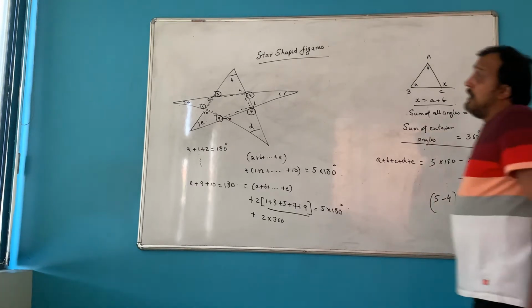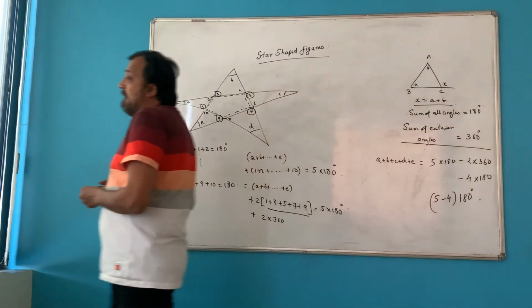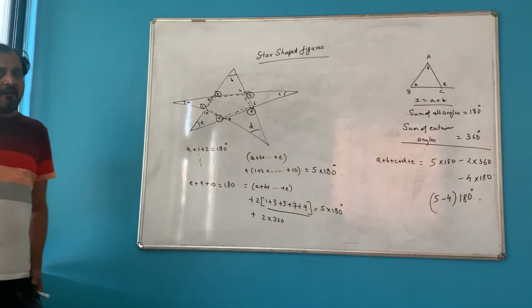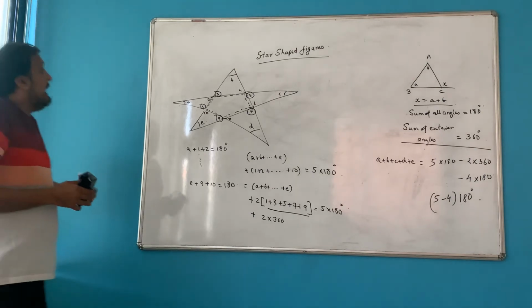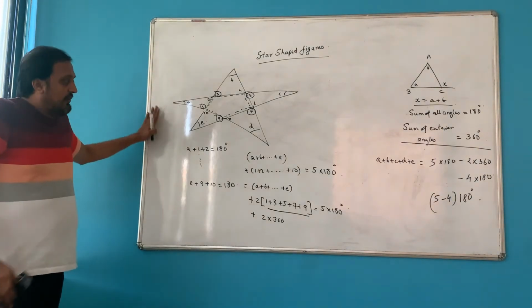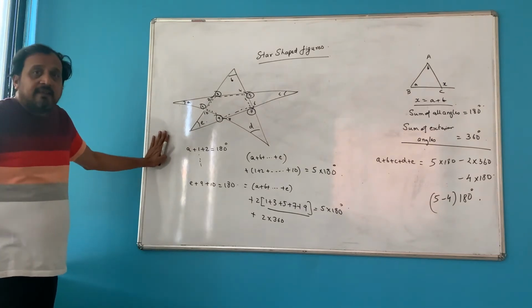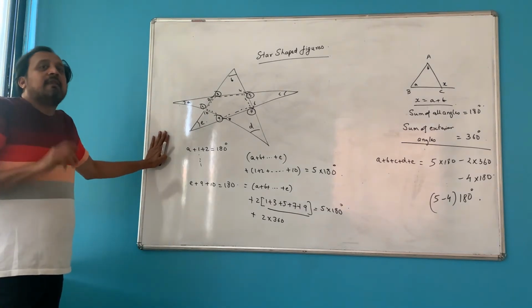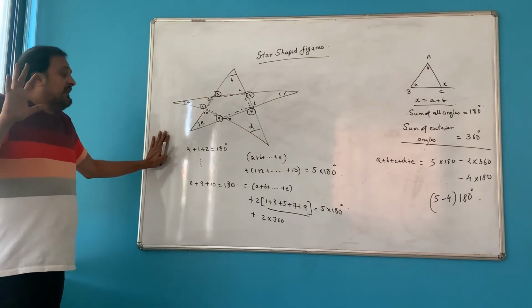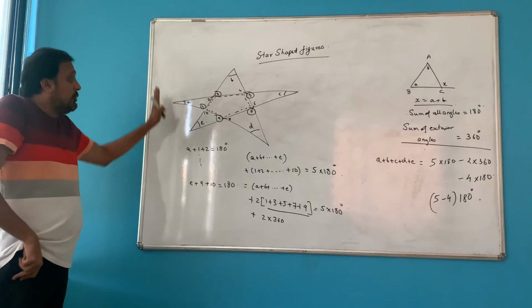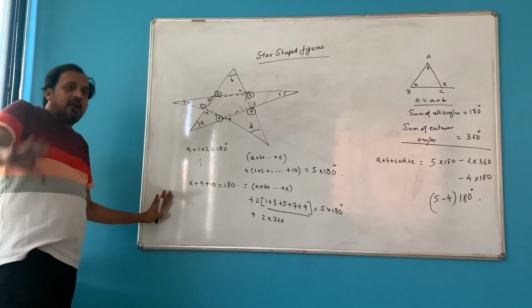Alright. Now this that we have here was essentially what? In case of a star-shaped figure, a 5-angle star-shaped figure. Let's use this same process, whatever we have done here, to see what will happen in case of a 7-sided star-shaped figure. Before that, I'll give you 10 seconds to go through this entire thing and put this in your head.